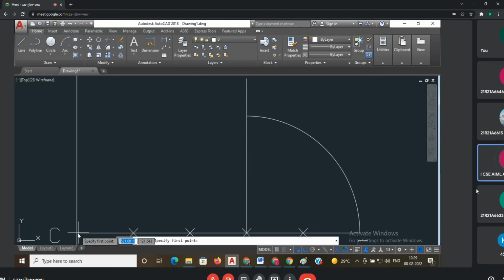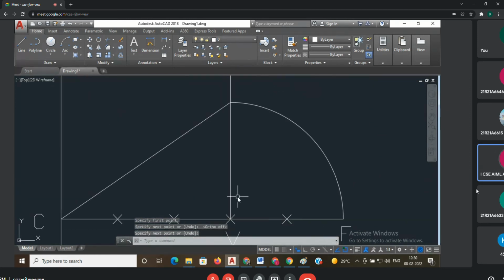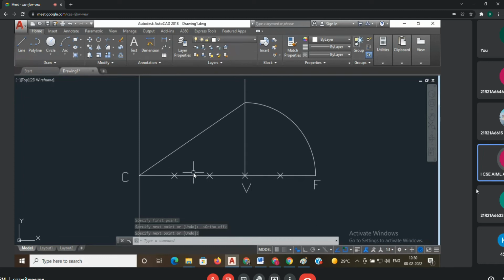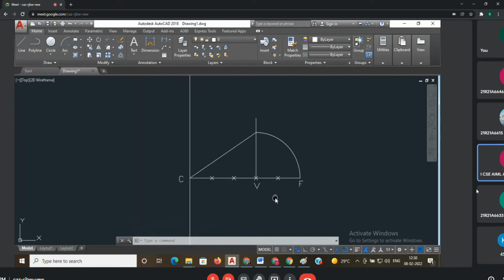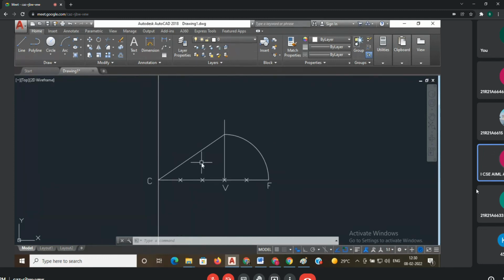Draw from P to E, ortho of P to E. Okay. You have to draw one line, and don't measure this angle. No need to measure this angle. Whenever you draw this inclined line, by this inclined line also you can guess whether I am going to draw the ellipse or parabola or hyperbola.